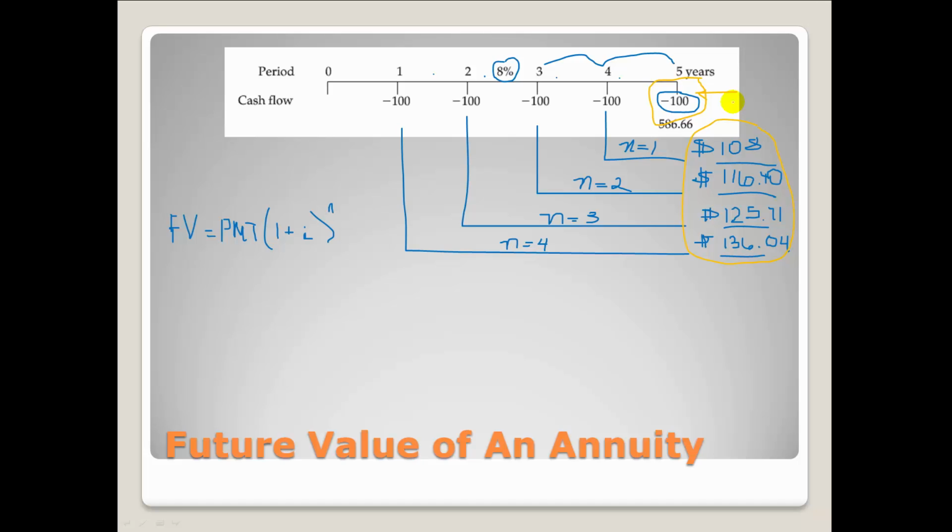So when we add all these together, 100 plus 108 plus $116.40 plus 125.71 plus 136.04, we end up with